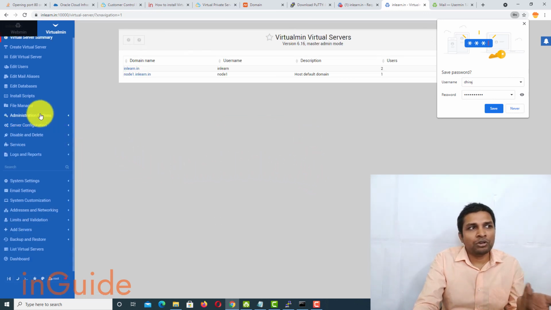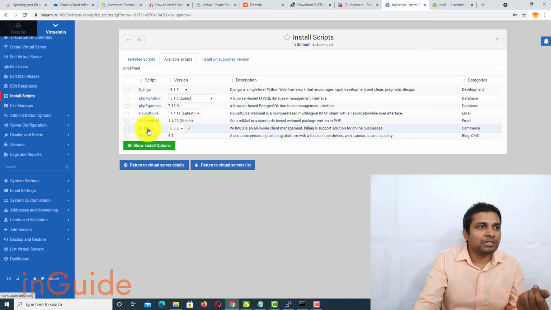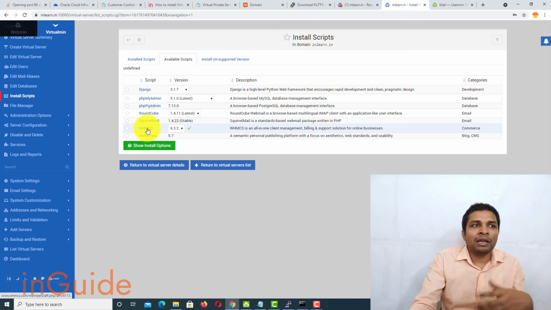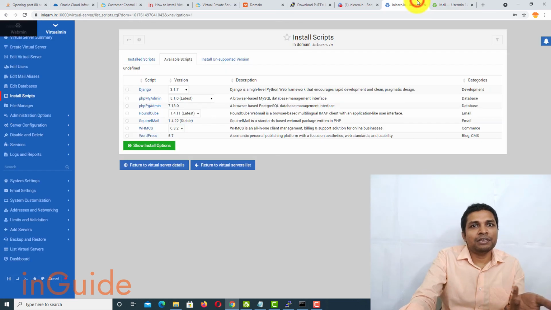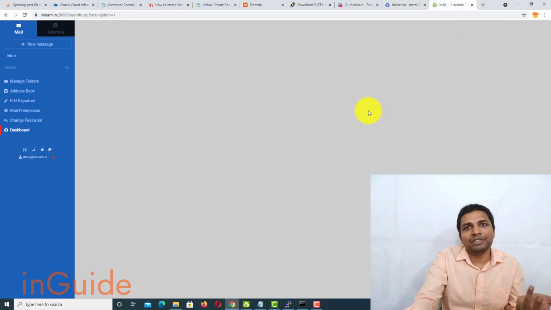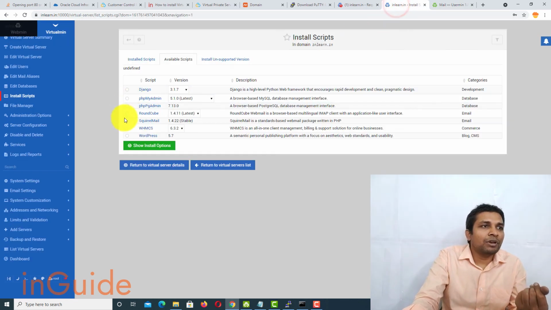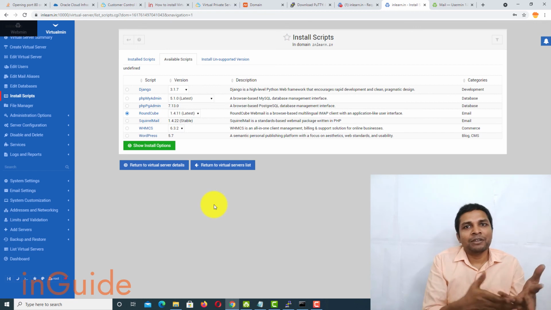Next, if you want to install script, you can click on install script, and here are a few of the scripts like WordPress, WHMCS, Roundcube, etc. So yeah, like you see, this is the mail interface, and let's say you don't want to use this interface, and if you find this interface ugly, then you can obviously install Roundcube, which is a much more improved and quite fancy web UI.